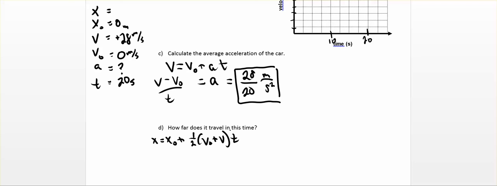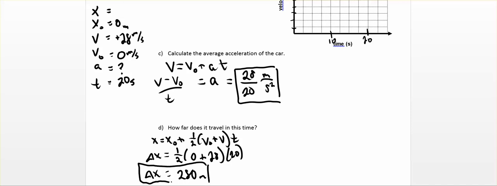And if we're looking for how far does it travel, we're really looking for the difference between initial and final position, or its displacement. So the displacement just equals 1/2 v initial plus v final times t. So 1/2, v initial is 0, v final is 28, t is 20. And in this case, my displacement would be 1/2 times 28 times 20, which would be 280 meters. So once again, I chose an equation that involved the thing that I wanted to find, but did not involve